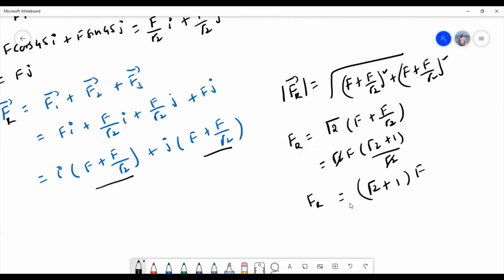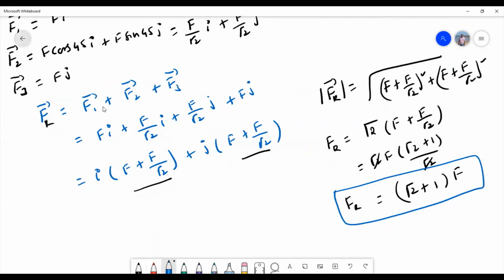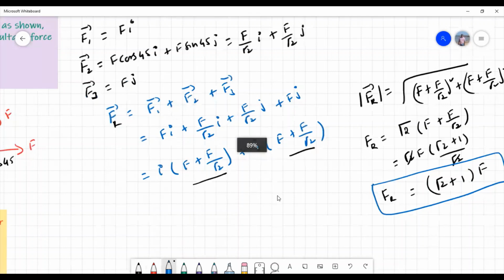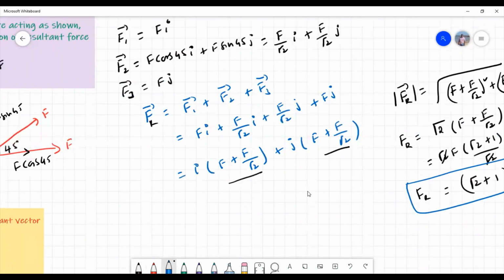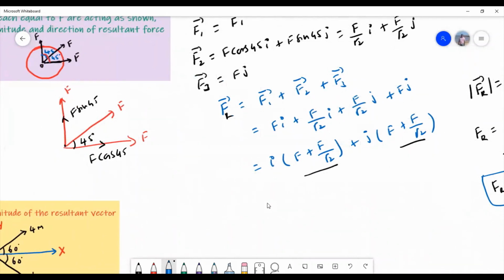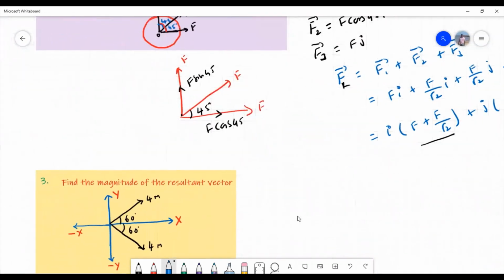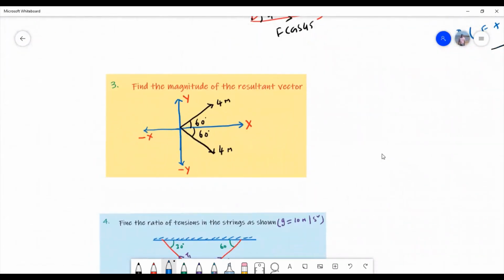This is the resultant. If you know the parallelogram law of vectors, we can solve the same problem in one step. But since we are learning the resolution, we should learn like this. If you understand the parallelogram law of vector addition, we can do it directly in one step. We'll discuss that later. Now let's go to another problem.